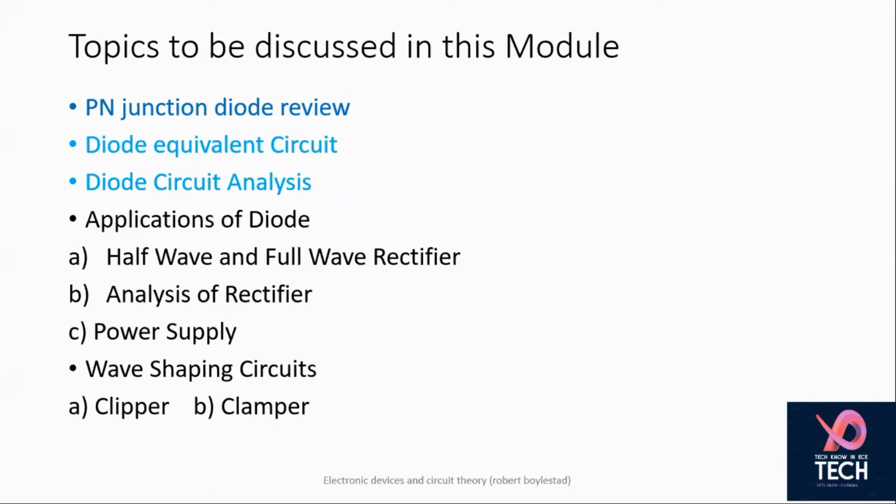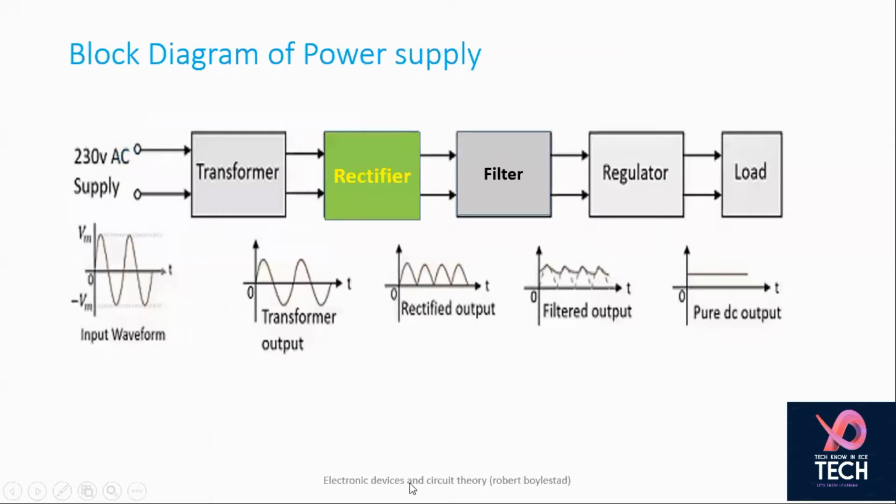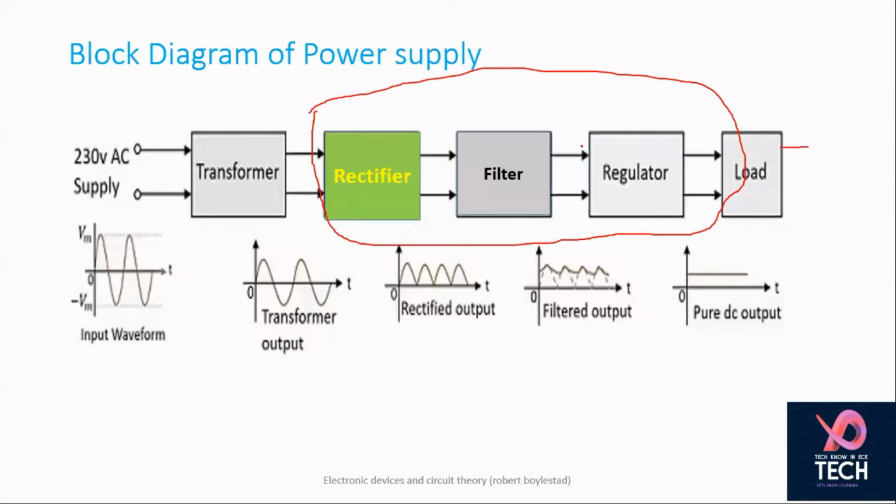Okay, so this is half wave and full wave rectifier. Here you can see this is your conventional power supply, which we use in most of the systems, but in mobile phones, only this portion is there. Load is your mobile phone charger. You are having rectifier, filter, and regulator. While in your normal power supplies, maybe in television and all, this transformer is also there.